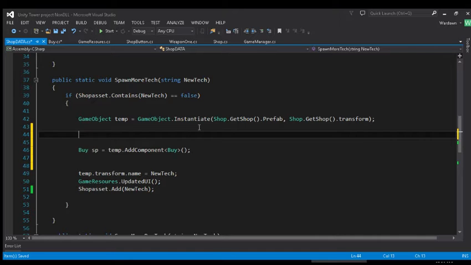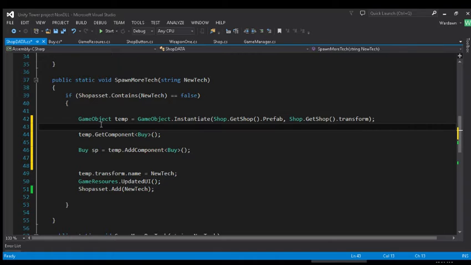Okay, so temp dot get component by, and this variable right here will be right here,